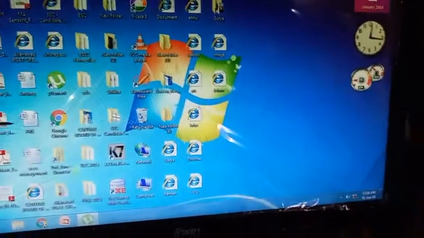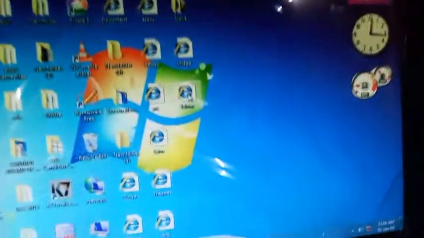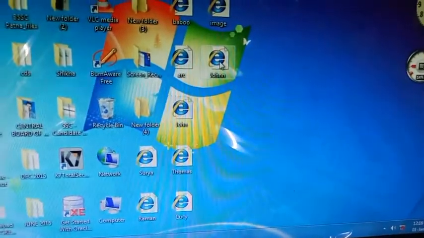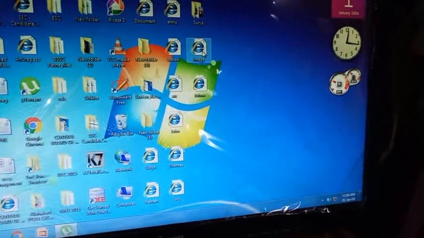Close this window and we can see this is our file, John. Double click on it. Something there is a mistake, image is not displayed. We'll close it and we'll see where I have made the mistake.